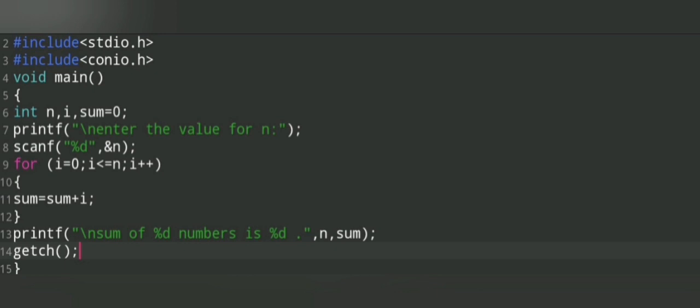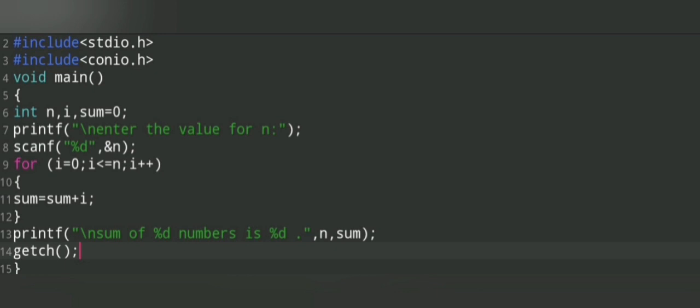As this part is done, the compiler will again get back to the for statement and check the value of I. Now it has incremented by 1. So the value of I is considered to be 2. Again our for block will be executed. Why? Because 2 is lesser than 3. Hence our condition has been satisfied.